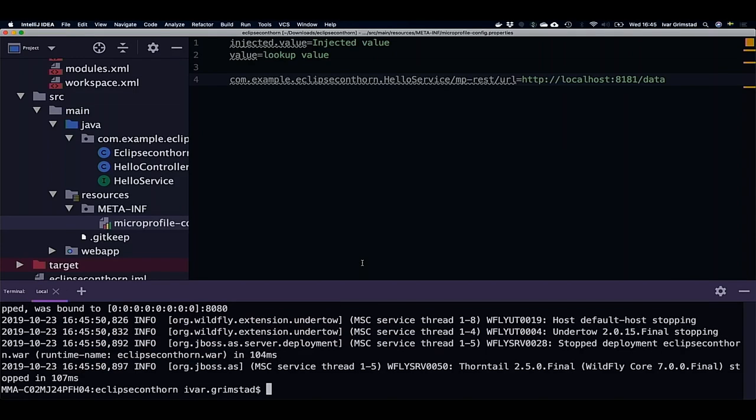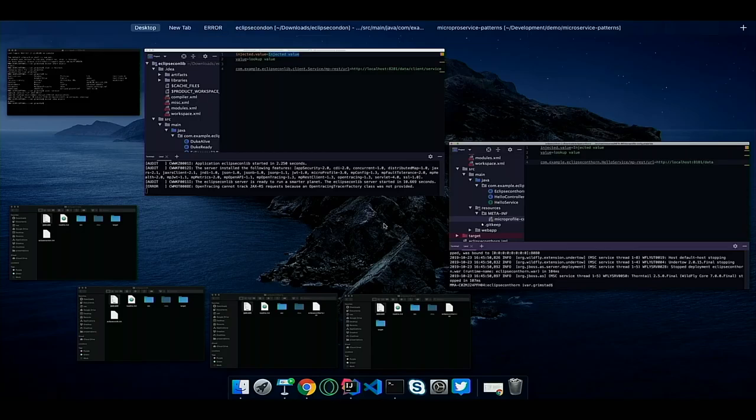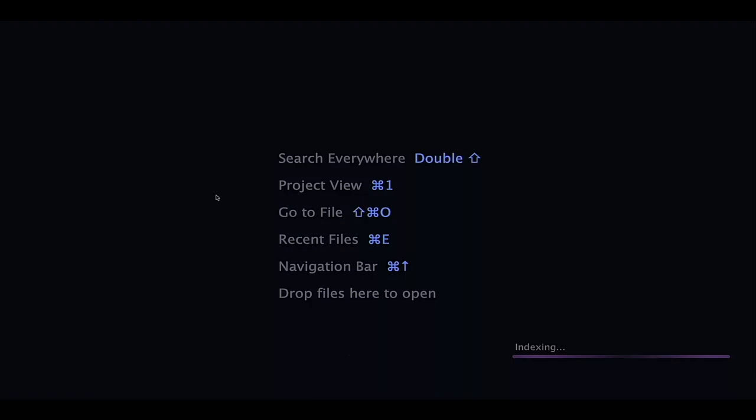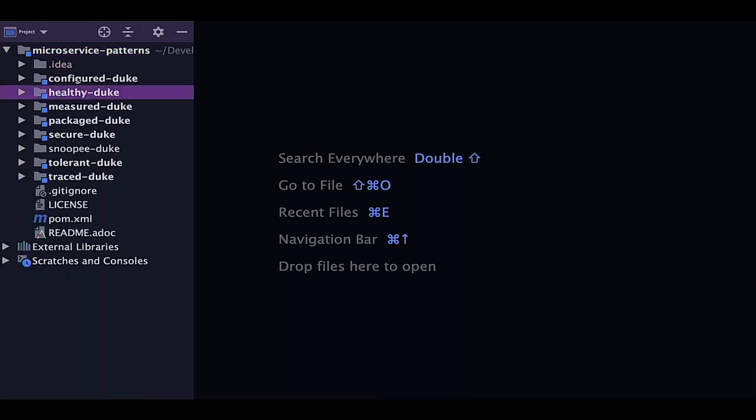Do you want security or fault tolerance? Fault tolerance. Okay, so I'll look at the fault tolerance, and how this one works is that